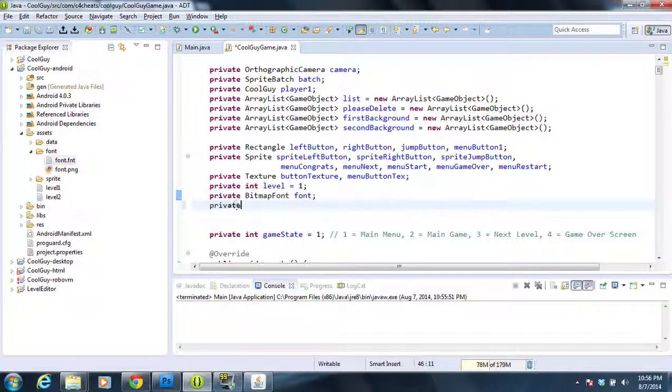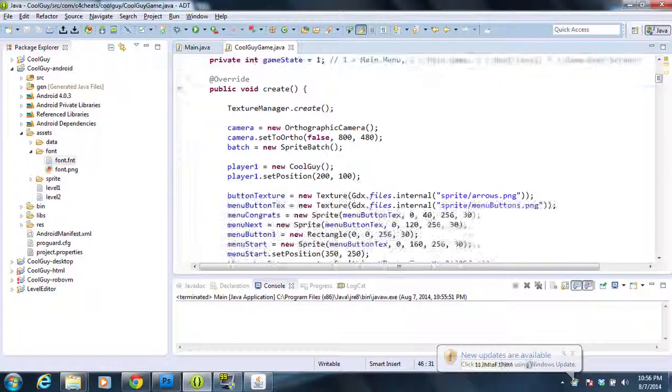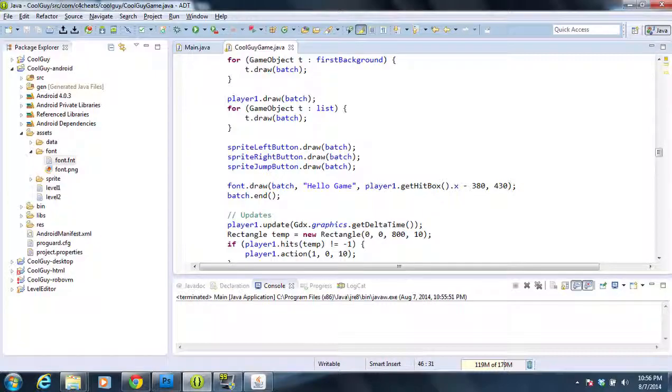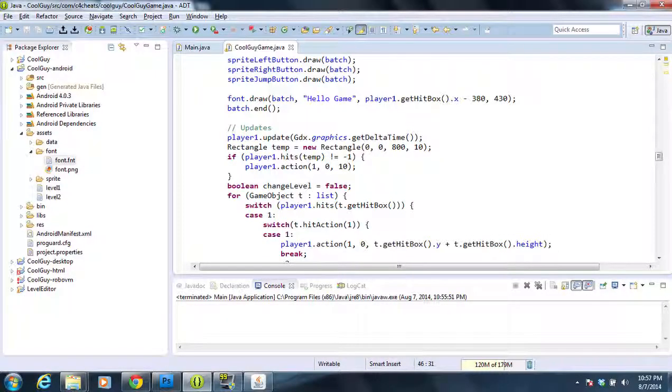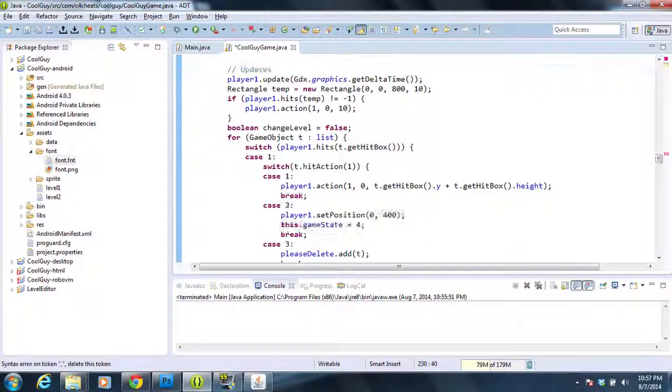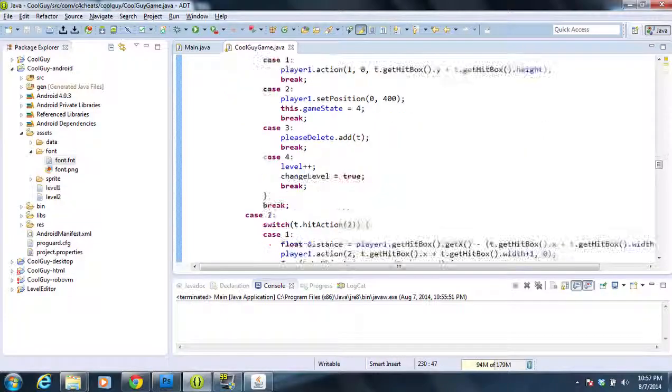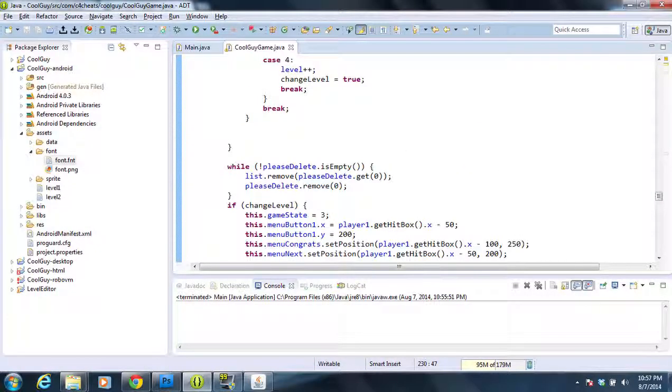we're just going to do a private float. We're going to do fontPos for font position, and we're going to set it equal to 0. So it's going to flicker in, but that's okay. It's only going to be a frame. So what we're going to do here is after the player is done moving, our fontPos, and then after it's done moving, which is